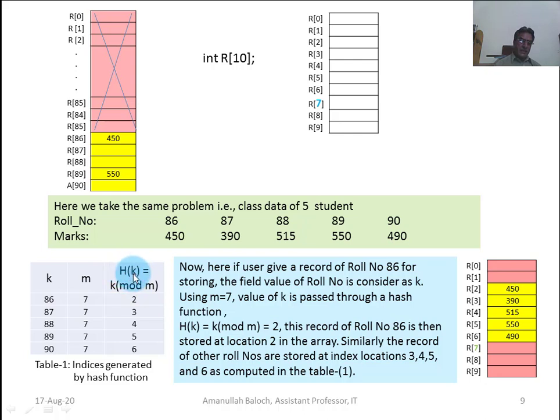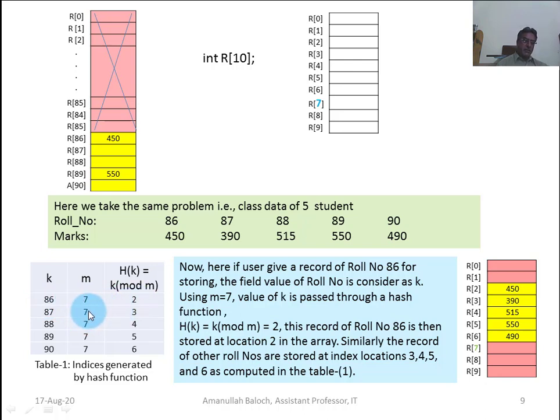That is, we will take the key. What will be the hash address for key k? If k is equal to 86, we will insert 86 here and 7 here. Then it will become H(86) = 86 mod 7. 86 mod 7, the remainder becomes 2, because 7 divides this k value 12 times. 12 sevens are 84, and the remainder will become 2.